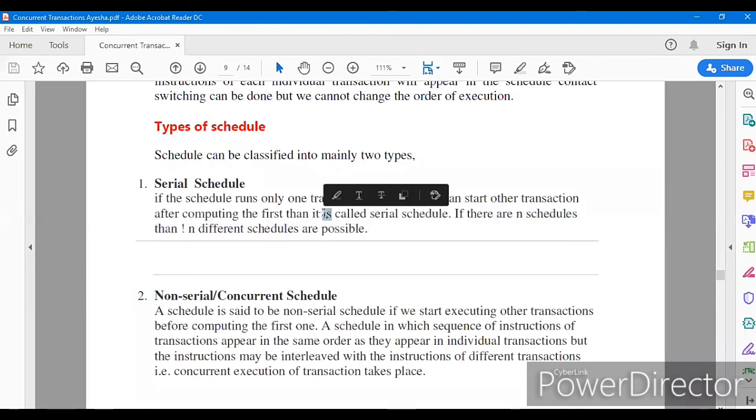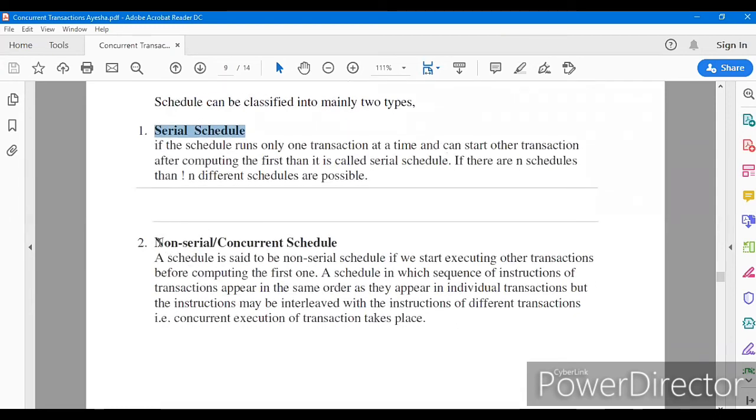But then what is the meaning of concurrency? In that case it becomes a type of queue. One is completed, then another is taken. In such a way, we are not able to use the advantages of concurrency, like increased throughput and reduced waiting time. So this first type, the serial schedule, is just a type of schedule, but in concurrency it does not play any role.